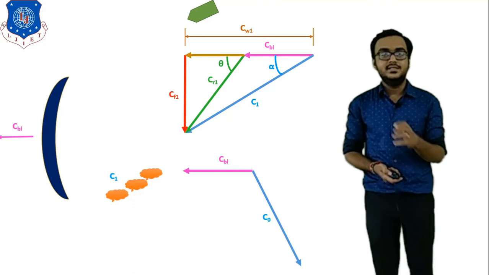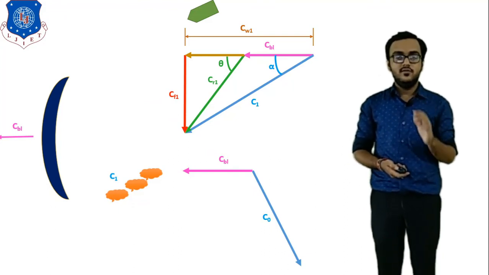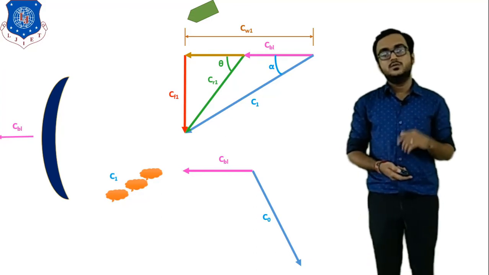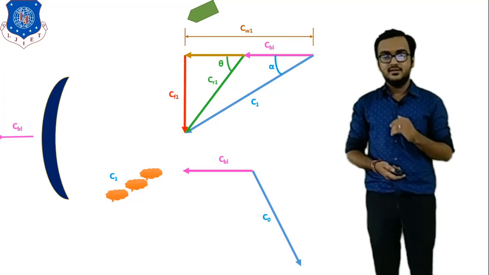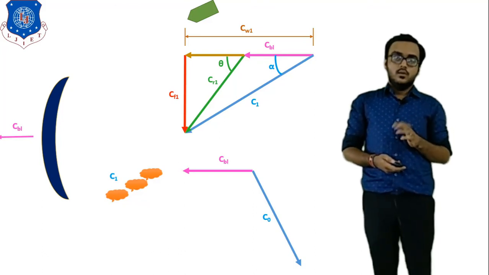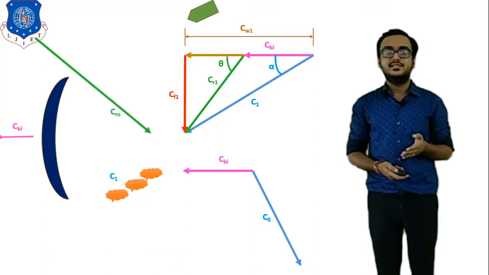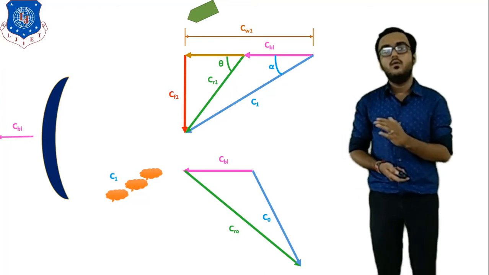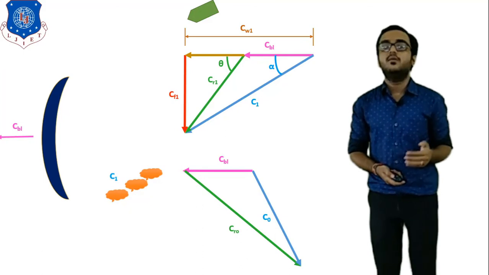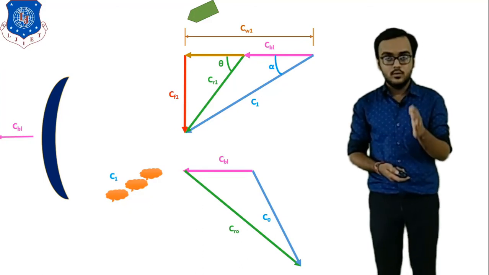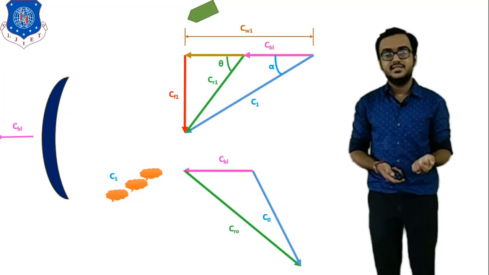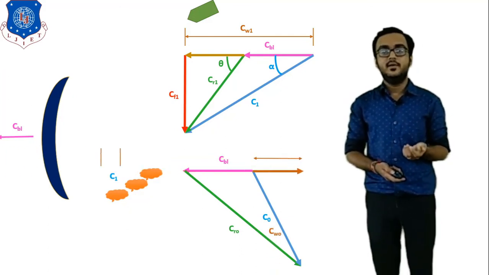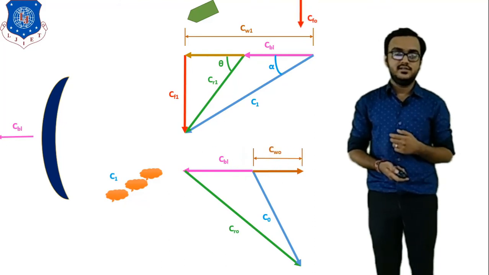Now as the steam passes over the surface of the blade, steam will leave with a certain velocity, and let's say that velocity is CO. So now steam is leaving in this direction as per the schematic. Now here you can say the resultant vector is like this in our outlet triangle, that is CRO. Okay, now the vertical component of CO is known as the flow component, that is CFO, and the horizontal component is known as the whirl component, that is CWO.